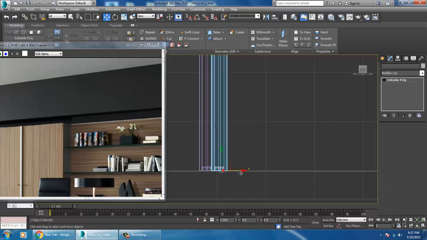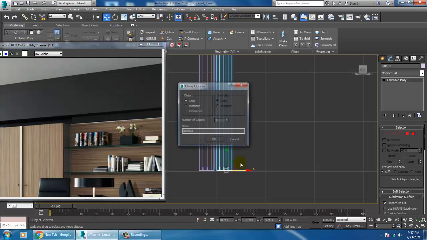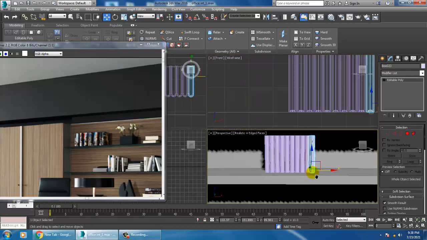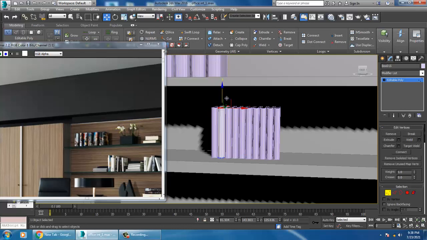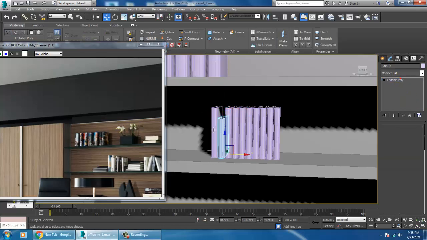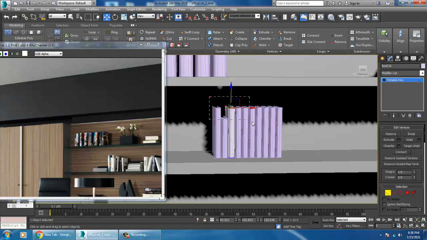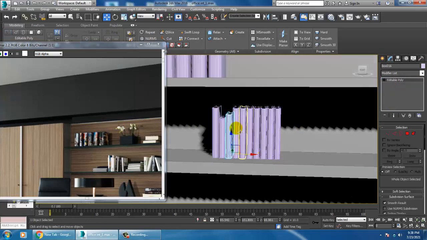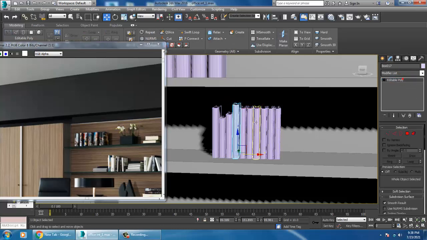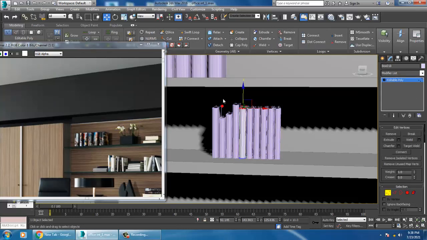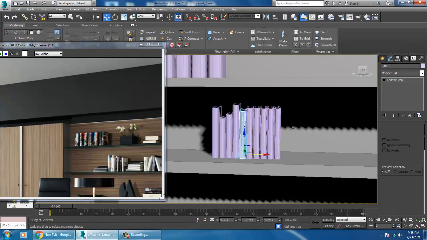Just duplicate it. Select this, you can just resize, so that you can manage that stuff.